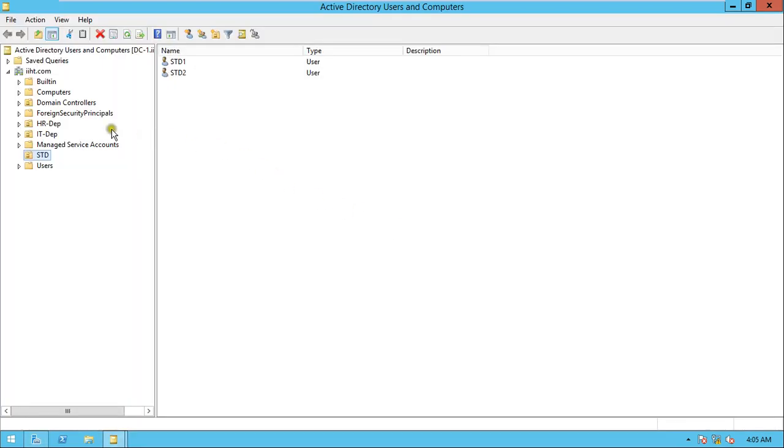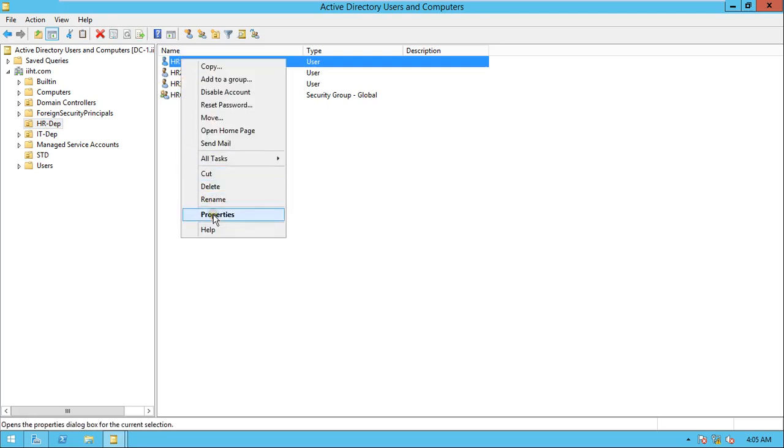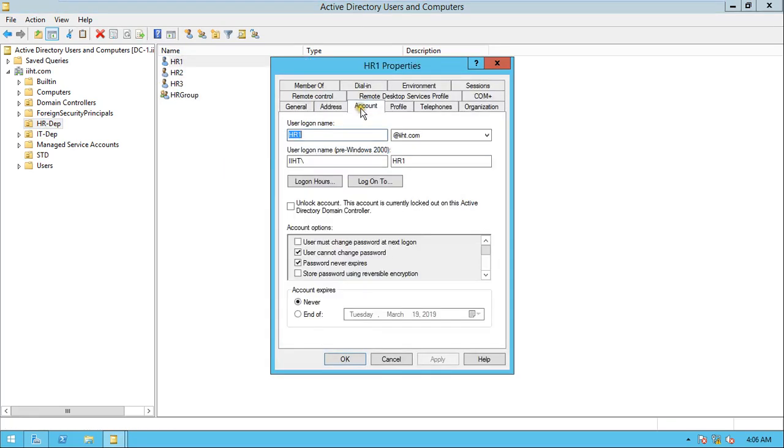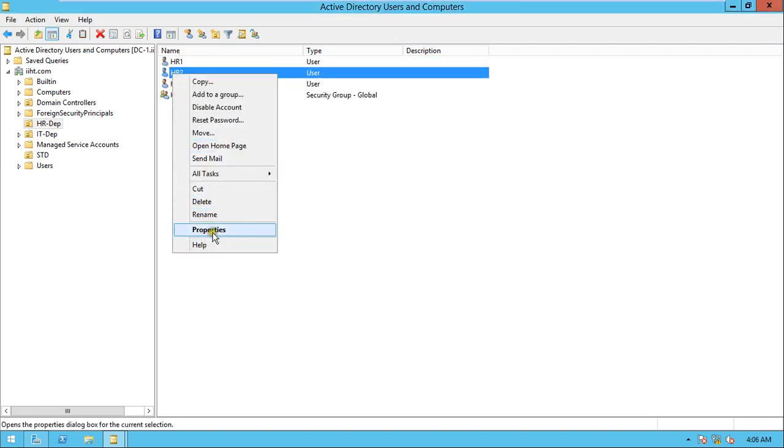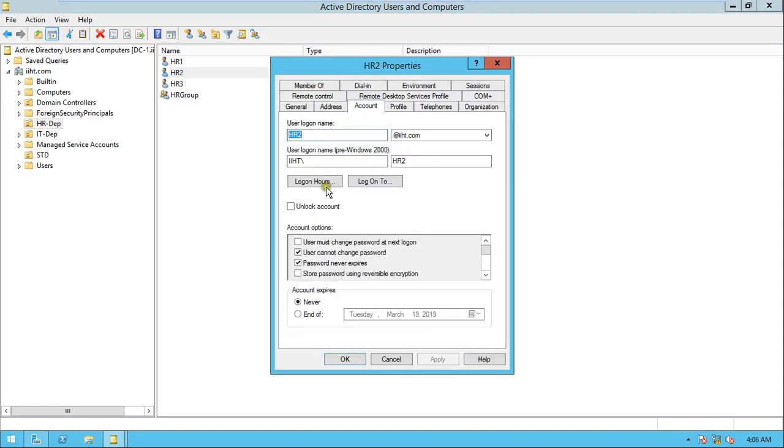He will see, okay, your account is HR1, right? If you go to the properties of HR1, you will see here Account. Can you see here, the account is currently locked out on this Active Directory domain controller. If you right click on another user, you will not get this option in Account.